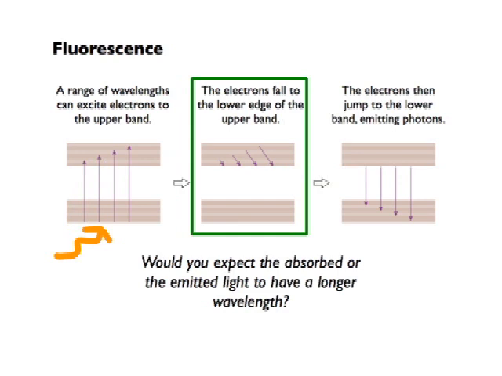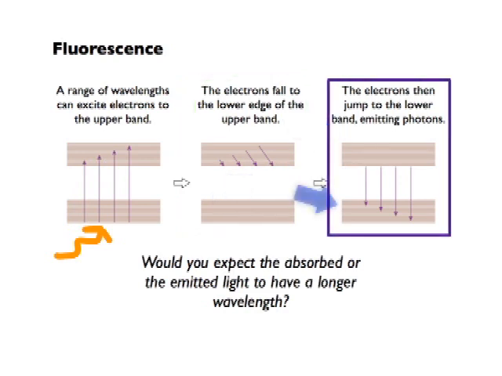So they're up in here, and they'd like to be in a lower energy state. They can fall down to the lower edge of this top band, and they do that by giving up energy, typically as thermal energy. There's a vibration involved. So they work their way down to the bottom of this band, hang out here, and then drop from this level down to this level or this level.